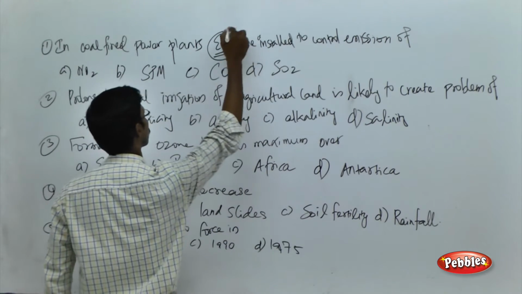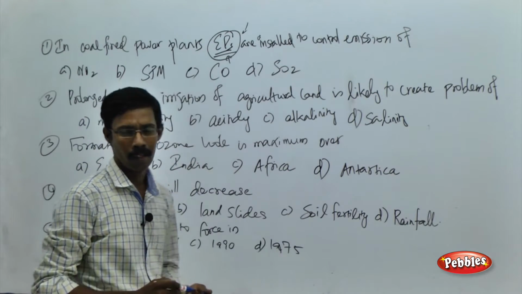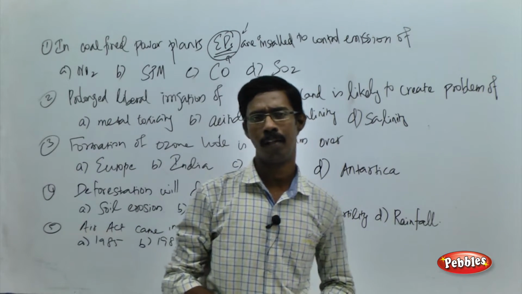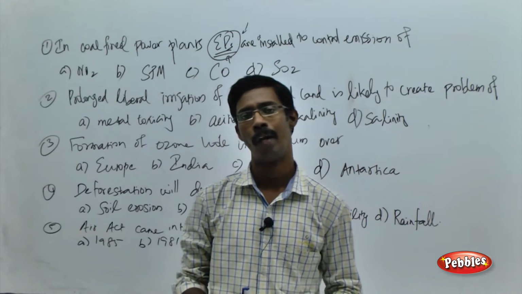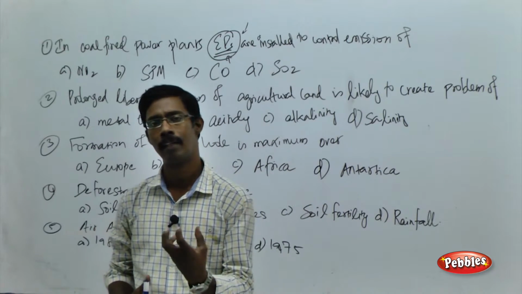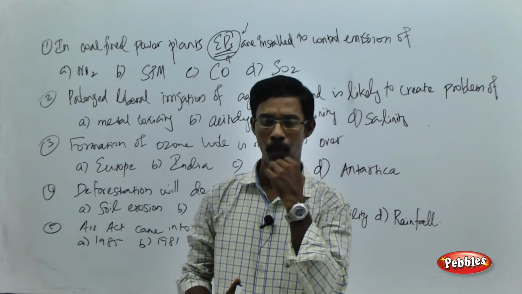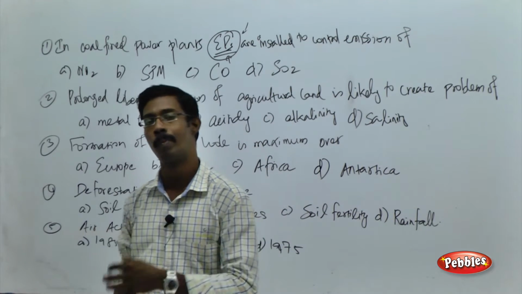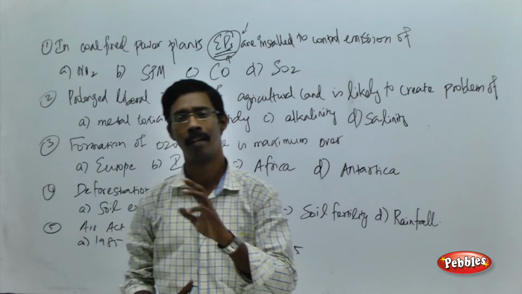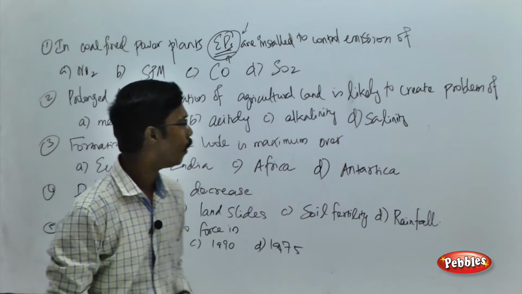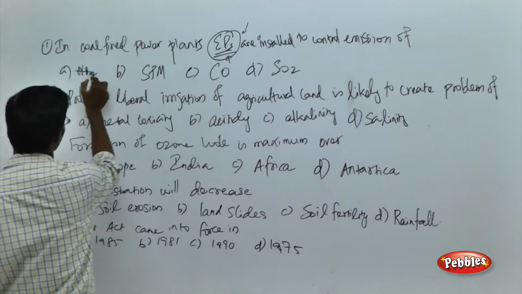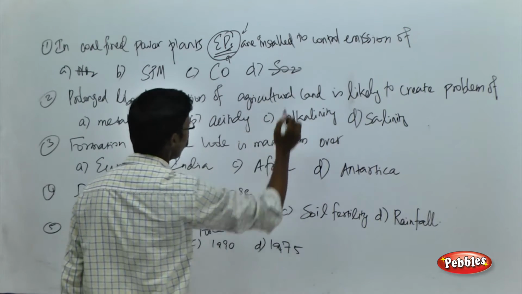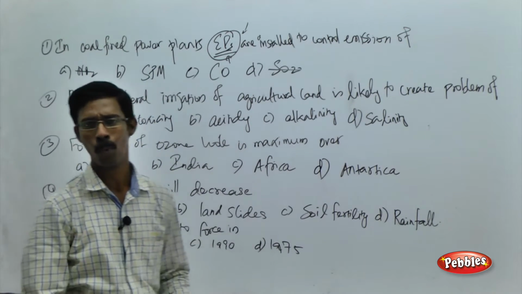electrostatic precipitators. In the structure involved, the high voltage electrostatic wires are going to attract the dust and other particles. In that way, they are going to remove the solid matter from the smoke released by the particular industry. And see the choices: nitrogen oxide and sulfur dioxide. Sulfur dioxide and nitrogen oxide are actually removed by another apparatus present over there,